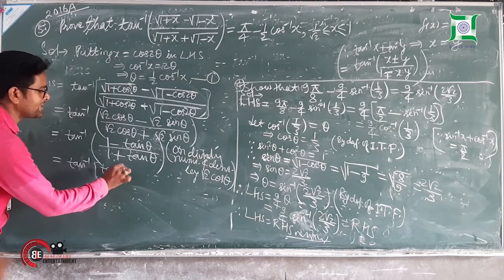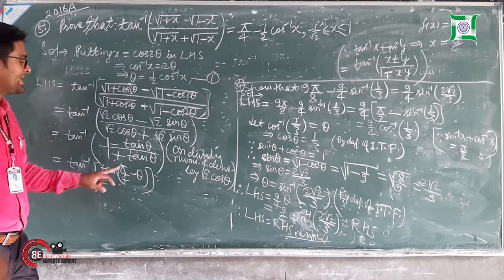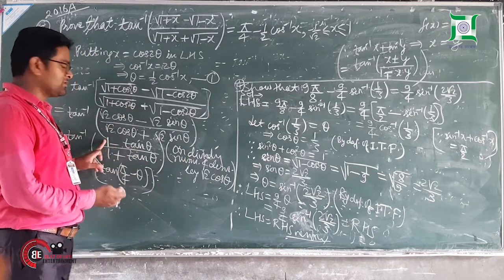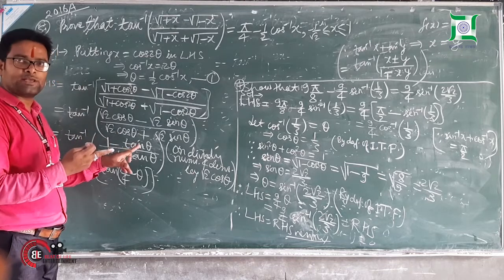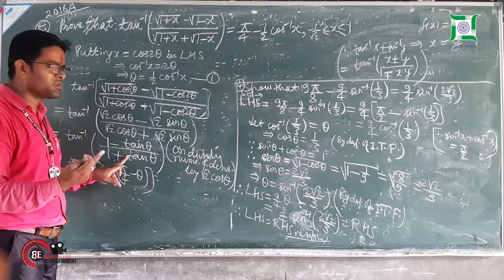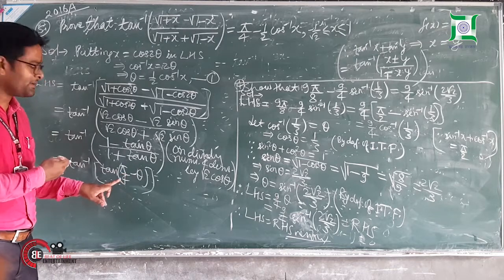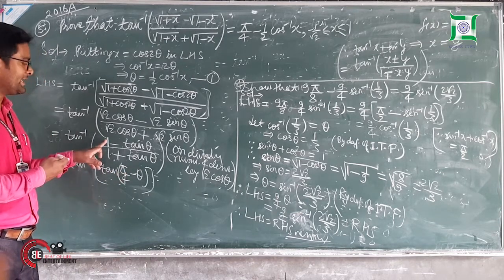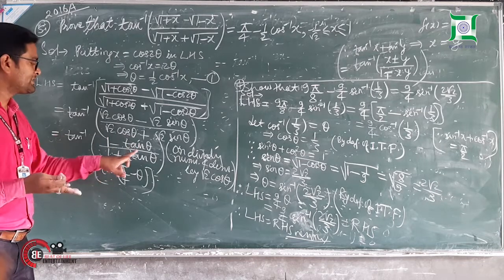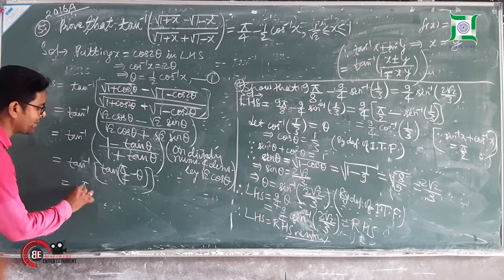Now you will ask me how it is tan of pi by 4 minus theta. You will ask me how it happened, sir. Tan A minus B will be tan A, that is tan pi by 4, minus tan B by 1 plus tan A tan B. Tan pi by 4 becomes 1, so it is a hidden 1. Now tan B is tan theta. Will I repeat again? Tan A minus B is equal to tan A minus tan B by 1 plus tan A tan B, so it is tan of pi by 4 minus theta.